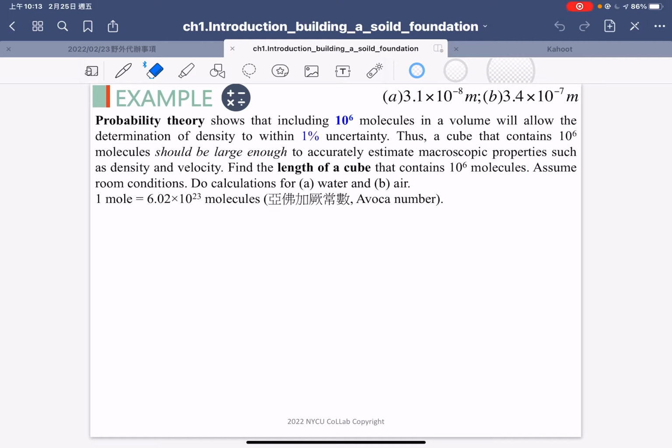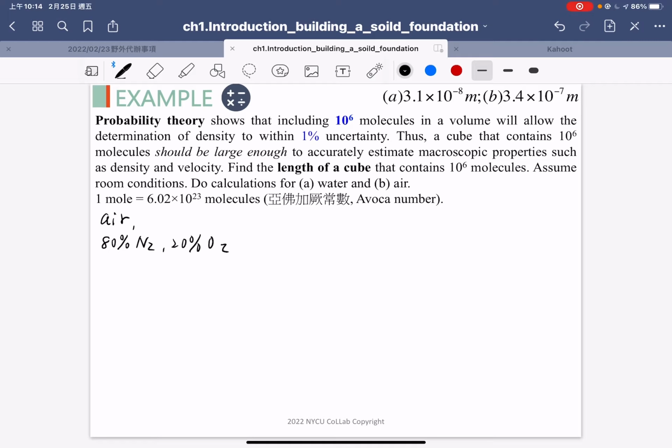If you consider the material is air, I know that air has 80% N2, right? And we have 20% O2. So based on this rough component composition for air,